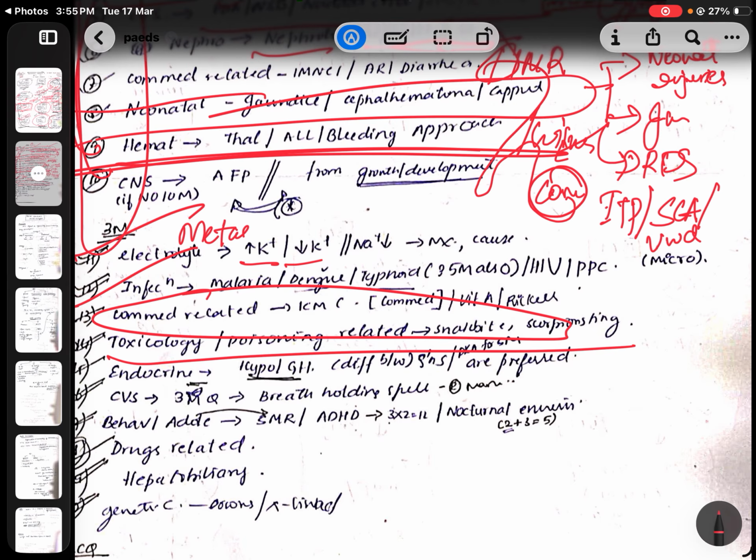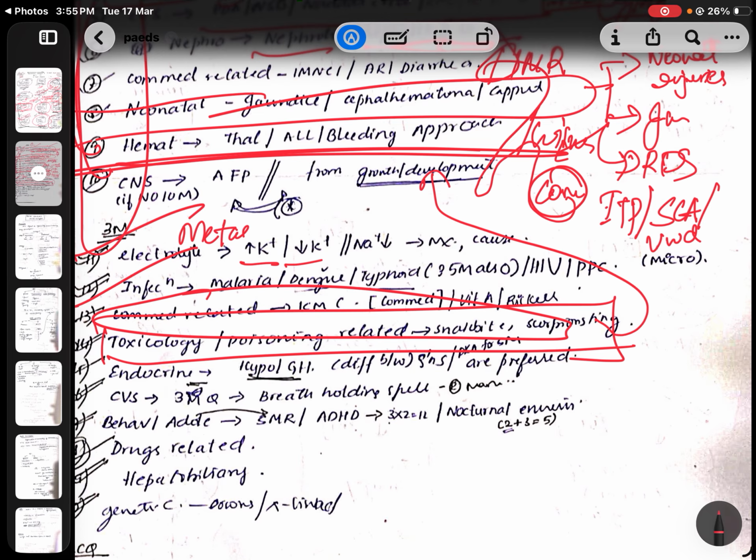Again, here the major thing is, if they are not asking one thing related to toxicology here, something related to that they can ask as a 5 marker. For example, snake bite management or scorpion sting. These are the 2 consistent questions which they are asking under toxicology. So make sure you study that also properly. And something related to endocrine,